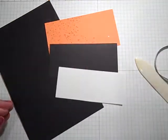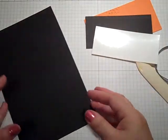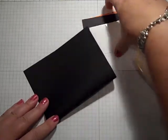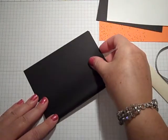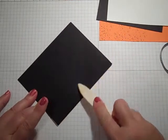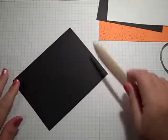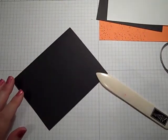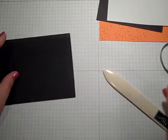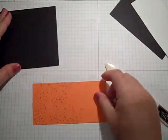All right, so here's what we're going to use. I've got my black cardstock, and that is an 8.5 by 11 sheet of cardstock, and that is cut at 4.5. No, I'm sorry, 5.5, and folded in half. Okay, then I'm going to take my orange cardstock,